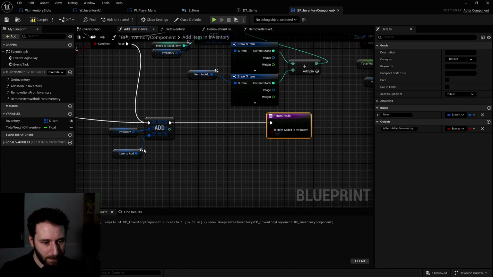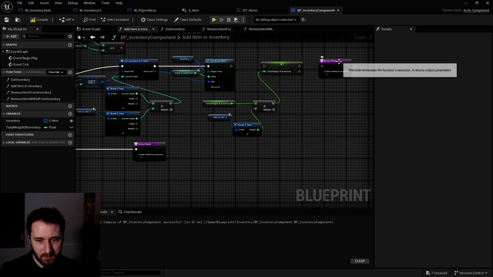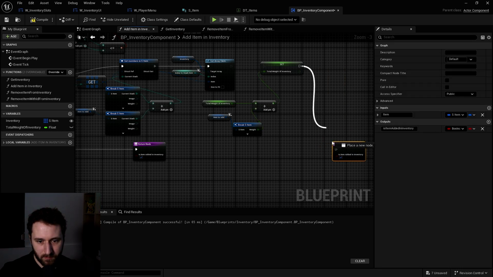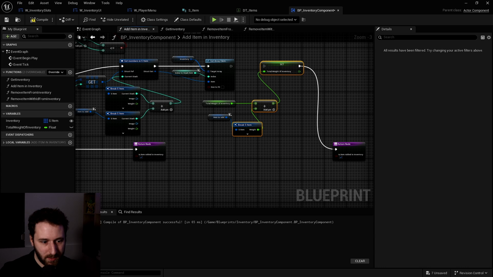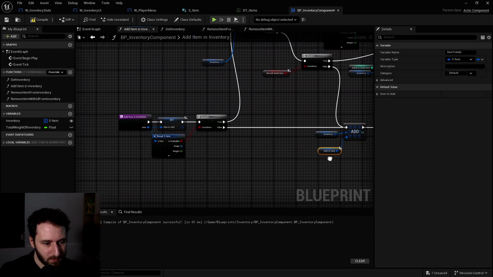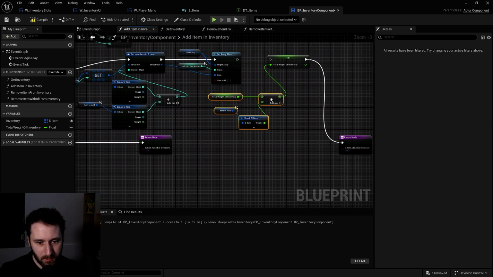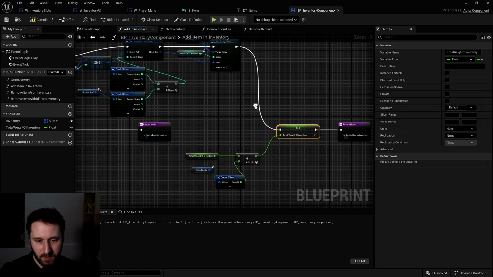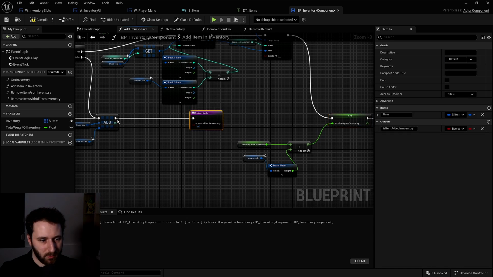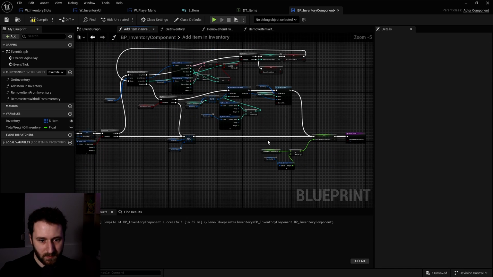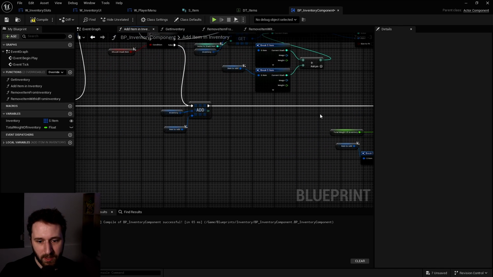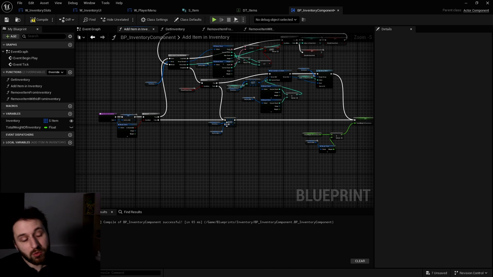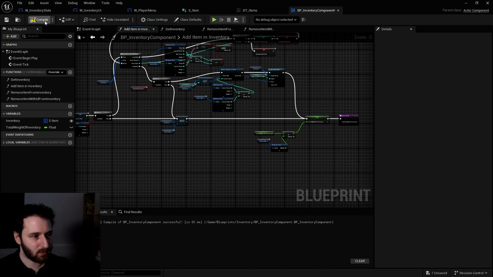Okay. And in here, when we add a new item and there was no stacking, we also need to do that. Instead of doing this two times, actually I'm just keeping this in here, as the variable is the same. We'll put this in here. So we can call this total weight of inventory in here, and we can also call it in here. That's perfect. So when we add an item to a stack, we update the total weight. And when we add an item in a new slot in our inventory, we add that weight to the total weight. So that's perfect. Now we have the total weight.